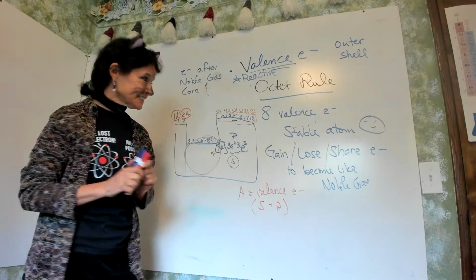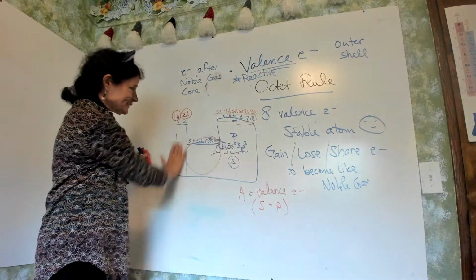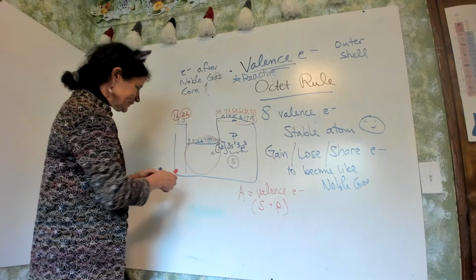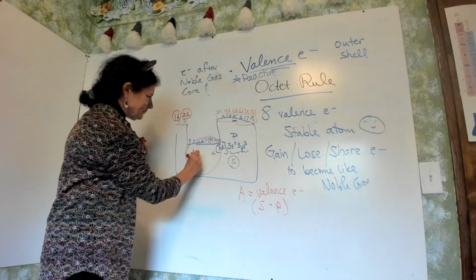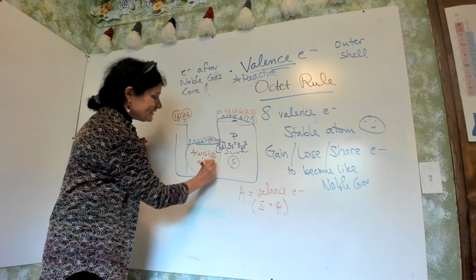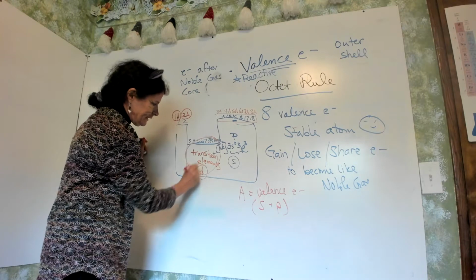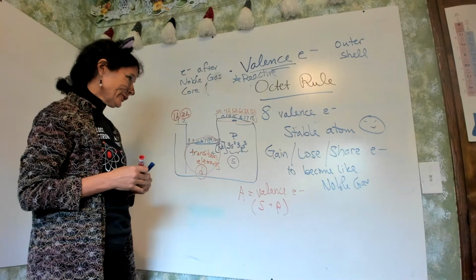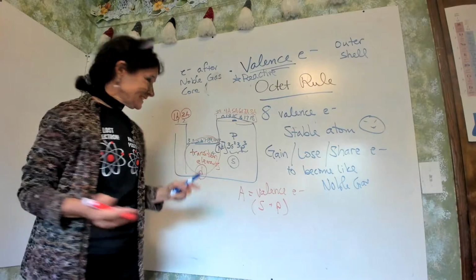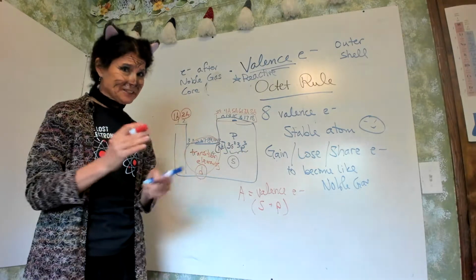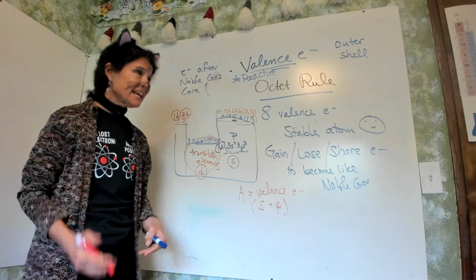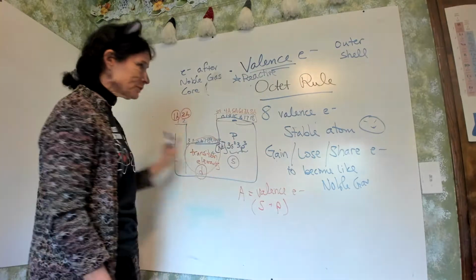The ones that we're going to be predicting charges of are the ones that were historically called the A group elements. They were called the main group elements. The ones here in the middle, you've heard me call it that before, are called the transition elements. They're in the D block, and they're going to do something really funky. And so they're numbered, if you look at that periodic table at the bottom of the page, the B numbers did not go 1 through 10. They actually are numbered funky because of how they behaved. Everything was based on behavior, and then they just went more systematic and numbered 1 through 18.